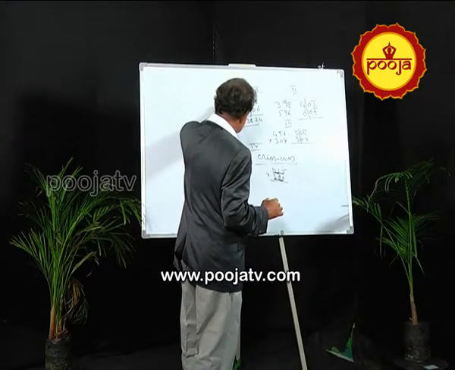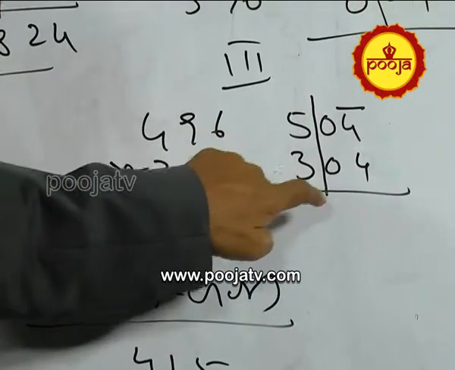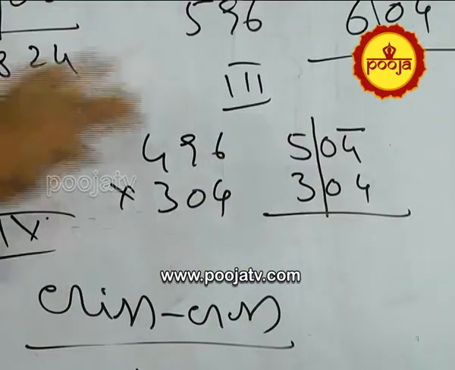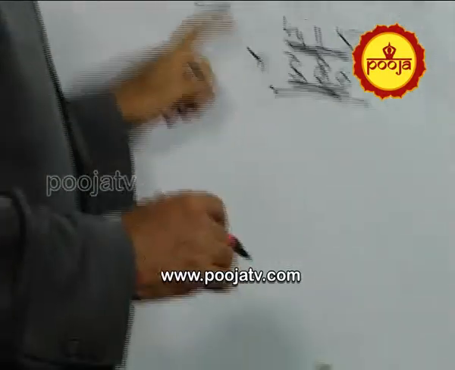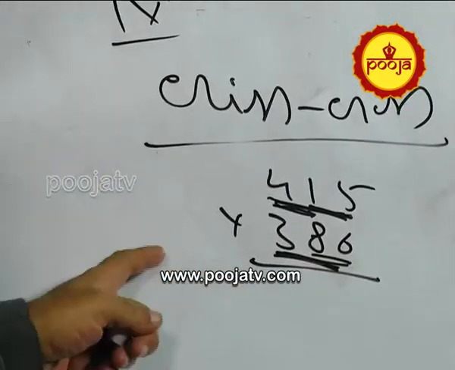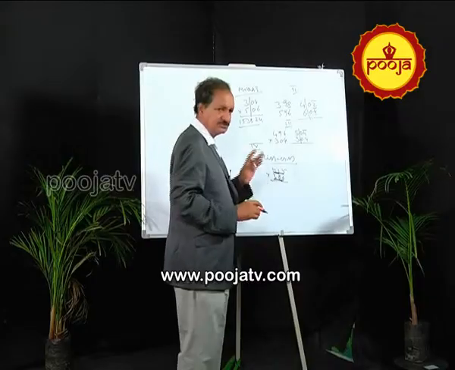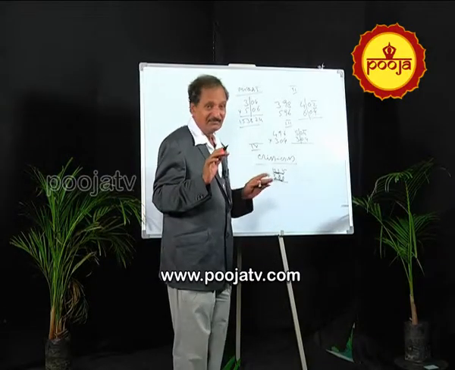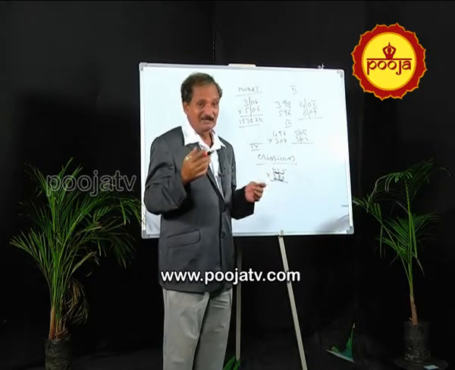So give a slash and do, convert, give a slash and do, convert, either one of them and do. If you cannot, if it doesn't come under all the 3, finally the crisscross method. I have clearly shown you A, B, C, X, Y, Z, how to do. Please do remember.